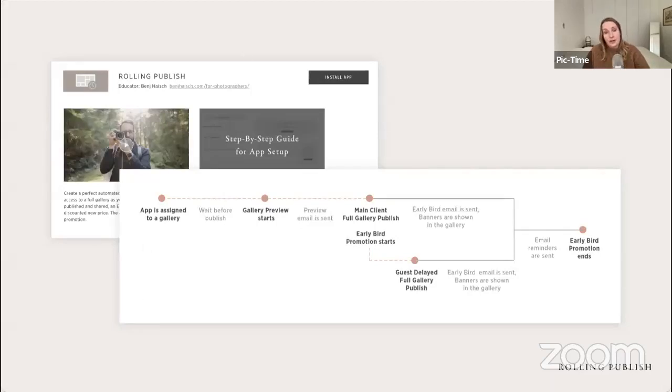So when it comes to rolling publish, this is something similarly as Early Bird that is really built to maximize the potential in the gallery. And it has a few different steps. So if you are someone who maybe edits very fast and you think that the photos are ready a bit too early, you can even set a delay before the gallery is published. So on your end, on the photographer's end, what you do is upload